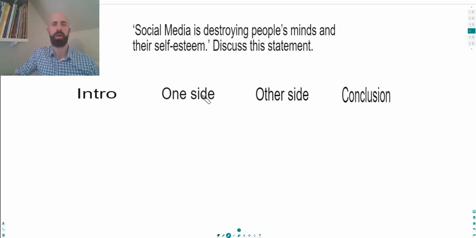So what I want you to do now is just pause the video, and I just want you to have a go now at this exercise. So just draw 4 columns like this and label them intro, one side, other side, or side A, side B, and then conclusion. Okay, so what I want you to do is first of all just draw your 4 columns, and then we're going to go through them one by one. Okay, so once you've drawn those,